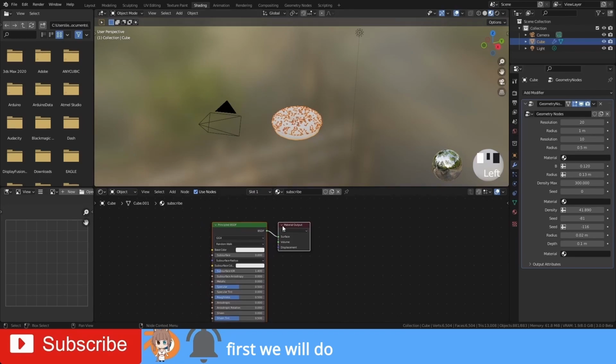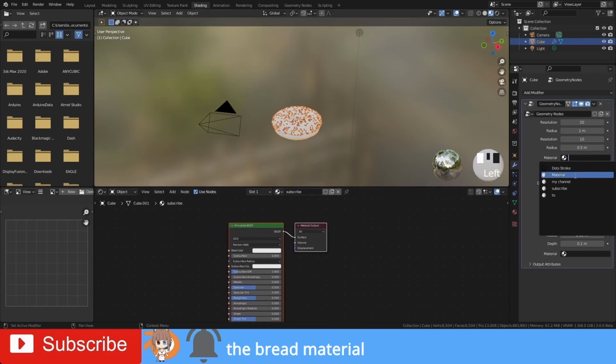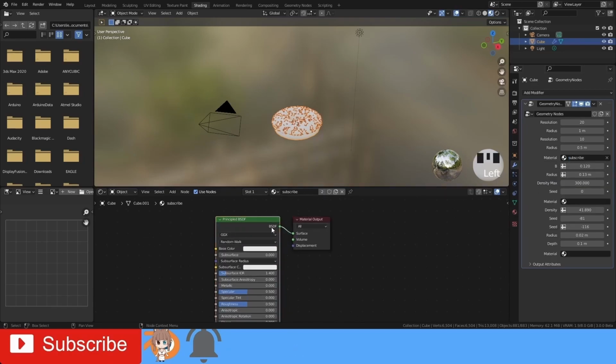First, we'll deal with the red material here.